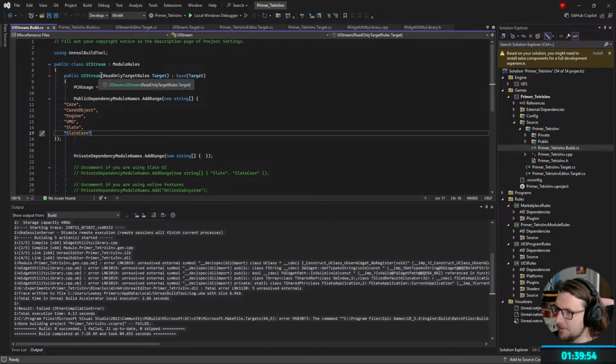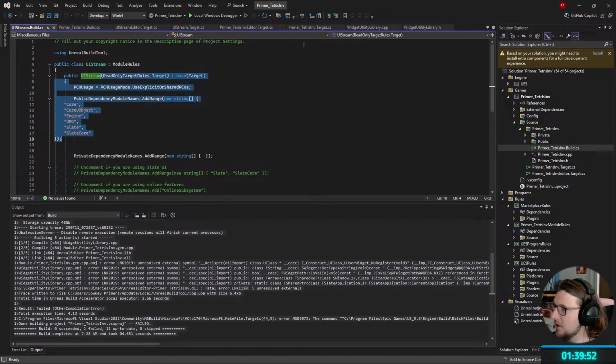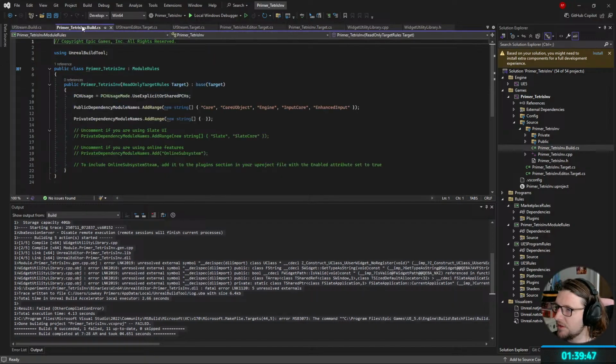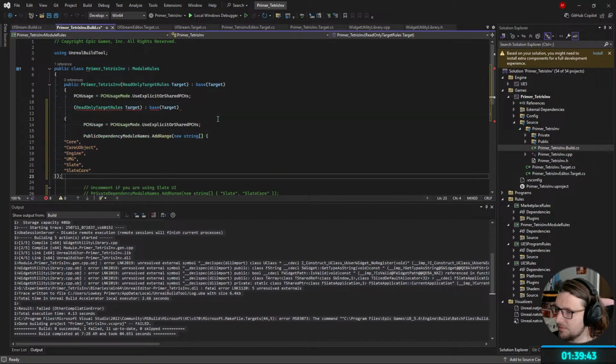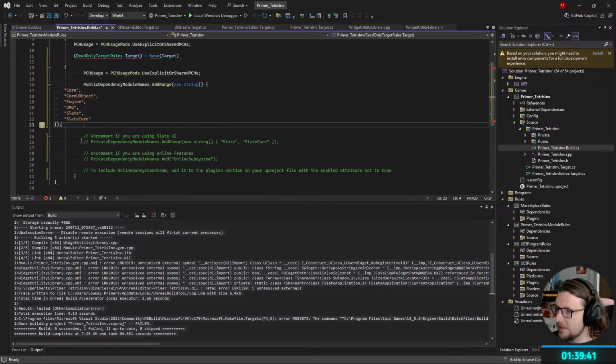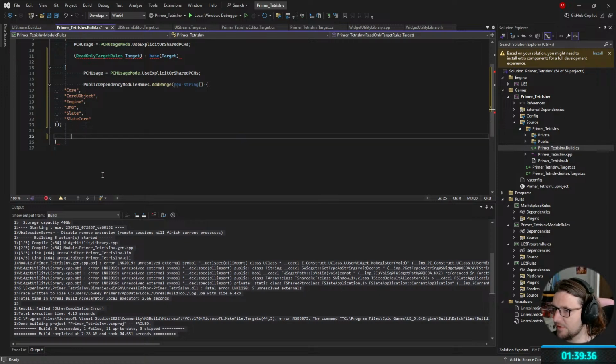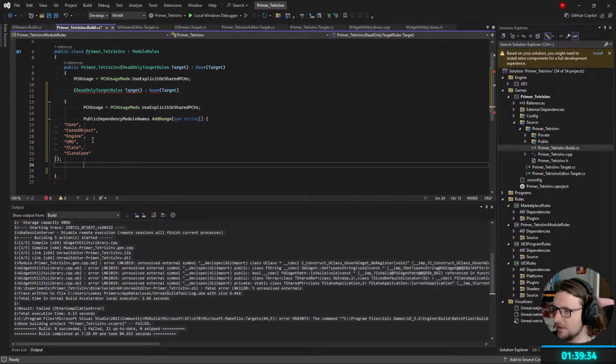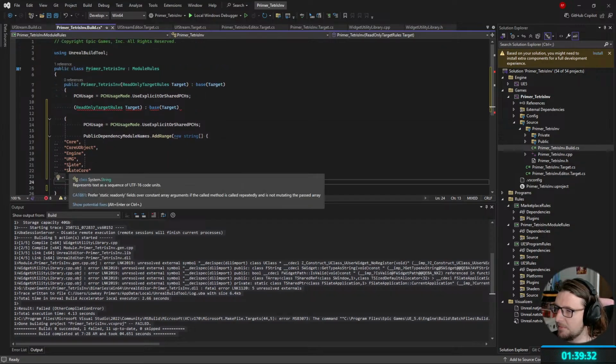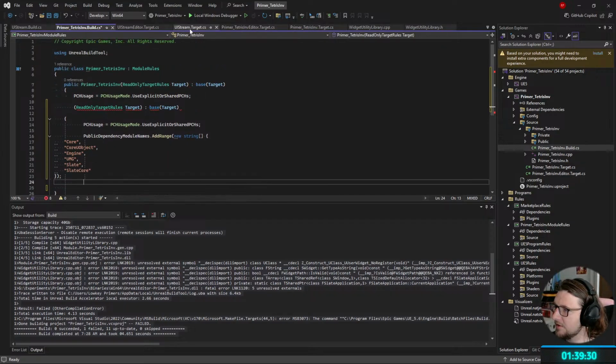So we're going to grab this, take that over to our own build CS here. We've got these public and privates. We're just going to plug that in. And then I don't know what that other stuff there was, so we'll just get rid of it. But that's not working, so